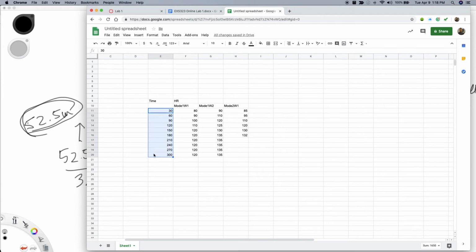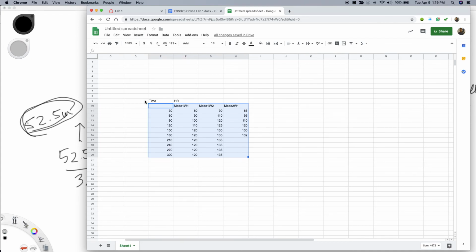You just highlight this whole thing. You say insert a chart. And you turn this into a line chart. And voila, you have heart rate on the left-hand side. You have time on the right-hand side in seconds. And then the blue line is your first,